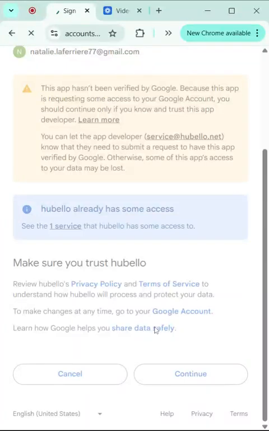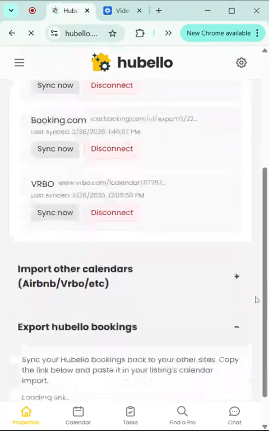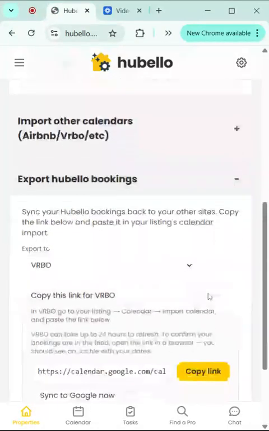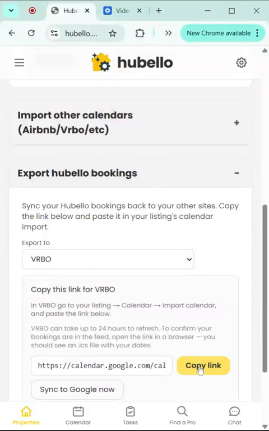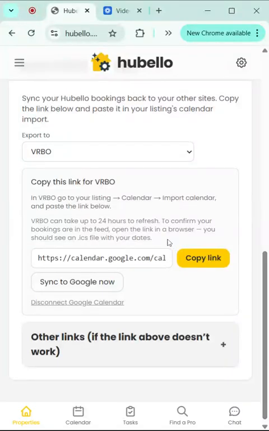And then give it a moment. From here, it will create your link that you're then going to bring over into VRBO. So there you go. Now you've got your link, and you're just going to copy that link and bring it into VRBO. So that's really the extent of it, of where I think the OAuth request is coming from,